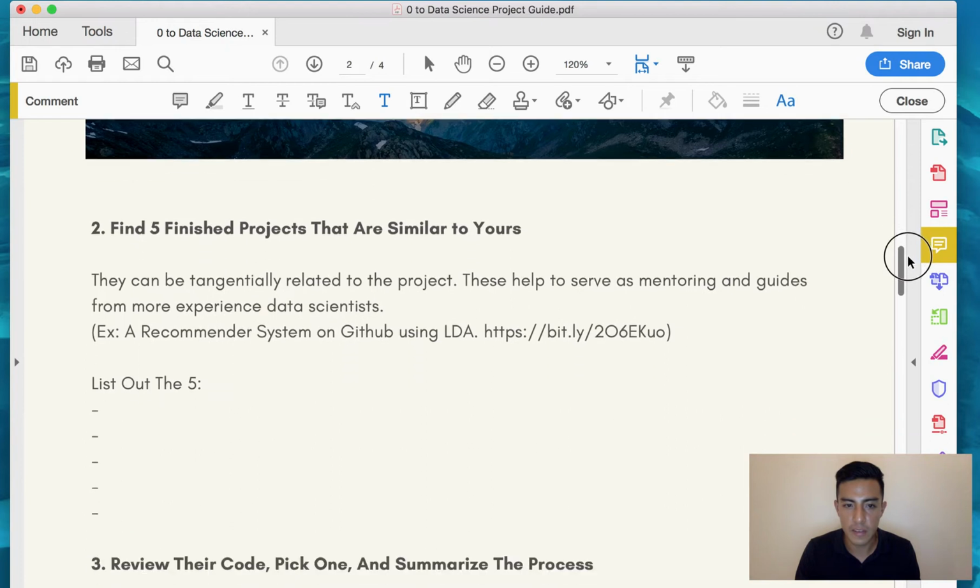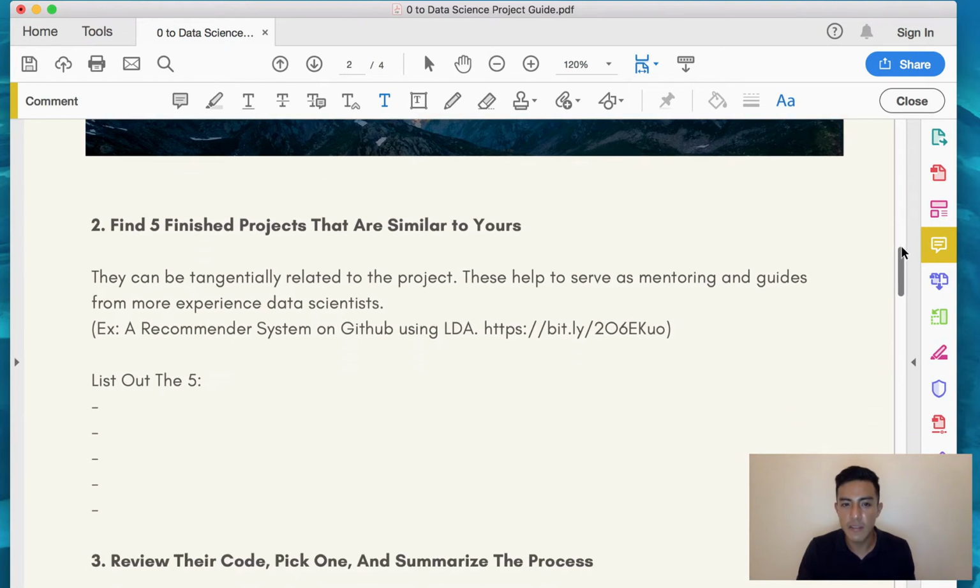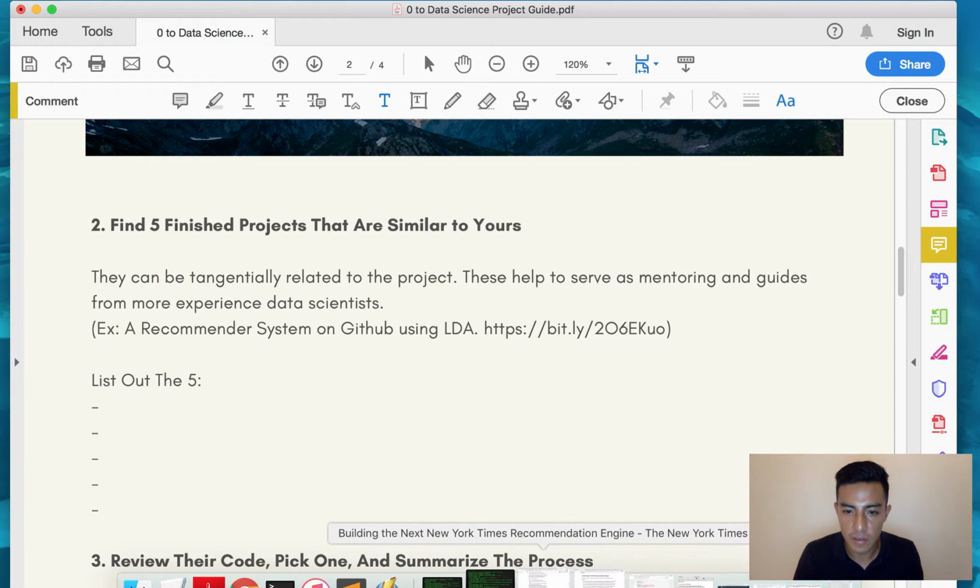So after this, the next step is to find 5 finished projects that are similar to yours. Instead of reading a book about recommendation engines, I want to see, at a high level, a project finished from beginning to end. So this is where